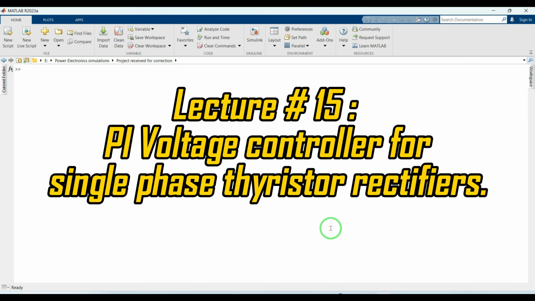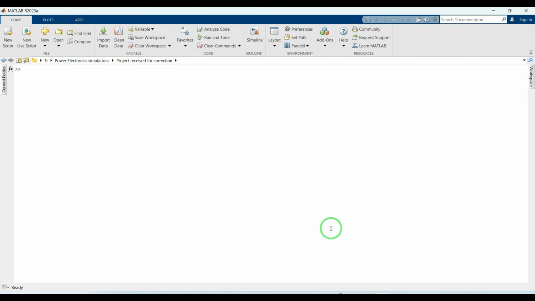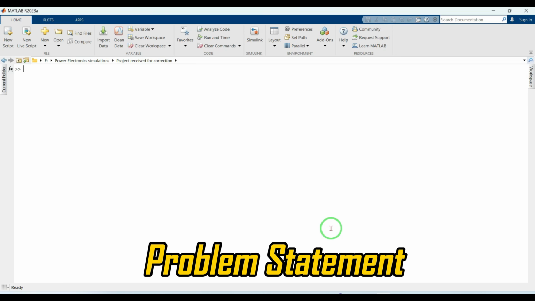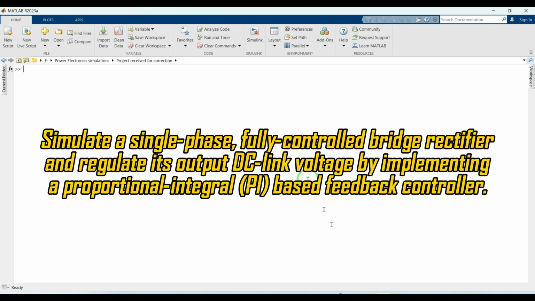Welcome back. In this tutorial, we will use MATLAB Simulink to implement a proportional integral based feedback controller for thyristor rectifiers to regulate its output voltage. Problem statement. Simulate a single-phase, fully controlled bridge rectifier and regulate its output DC link voltage by implementing a proportional integral based